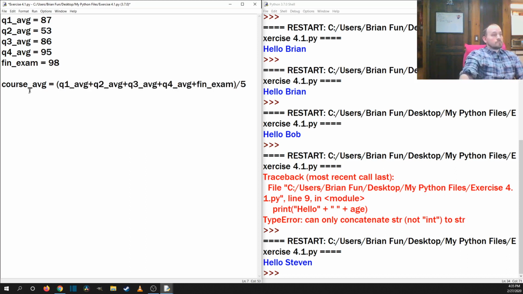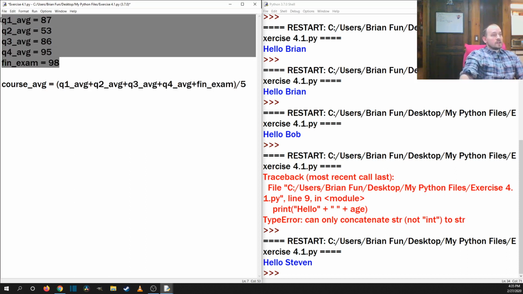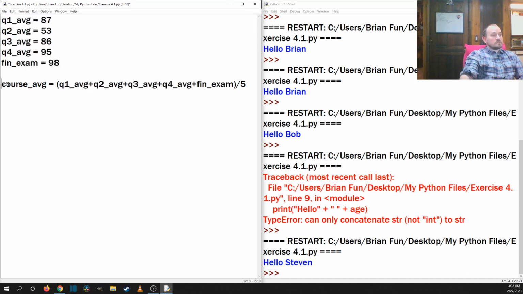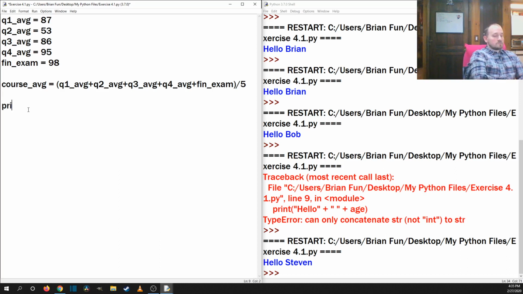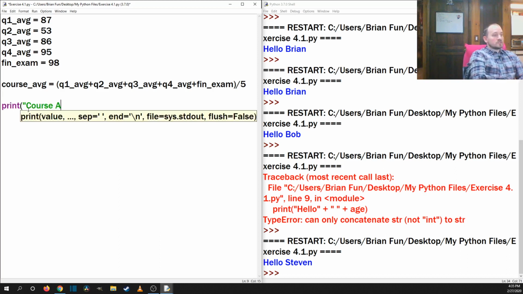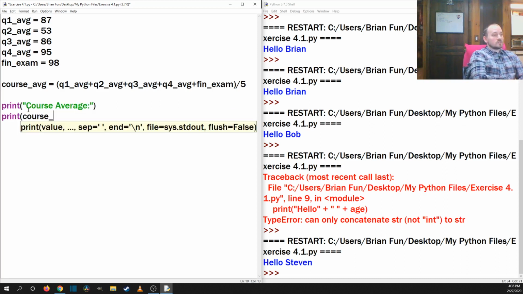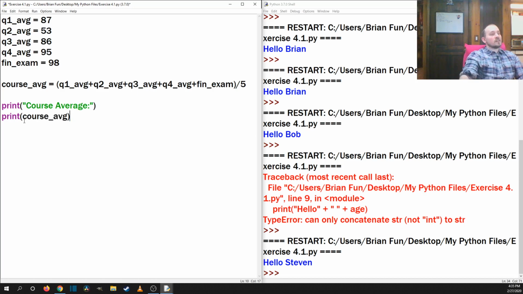So now I've not only made these 5 variables, but what I've also done is I've made a 6th variable that's equal to things or concepts from other variables up here. All right, and now I can print course average. Now we can't do that plus thing, so I'm just going to do a print on the next line, course underscore average, like that. So now if I run this code,